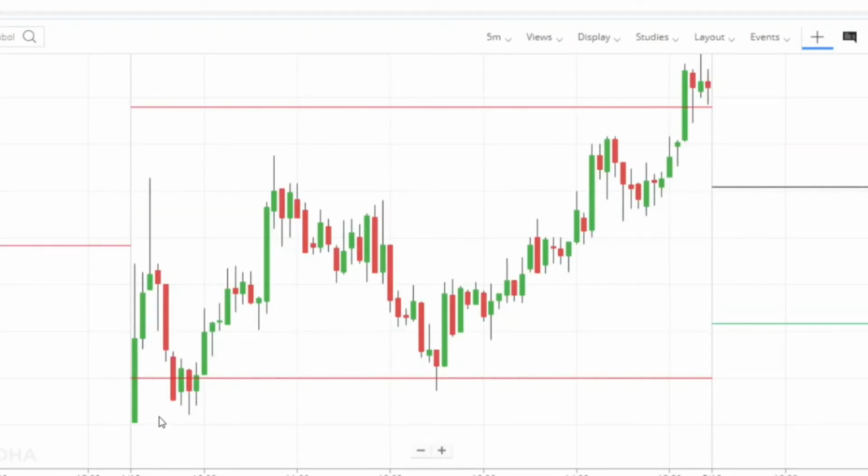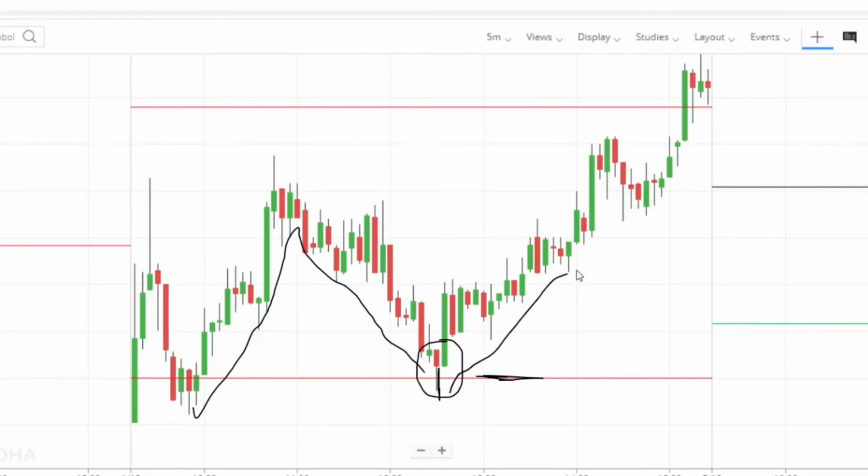In this example, you can see price was trying to make an upside move, and all of a sudden it reversed, and again a pin bar happened here. You can see a pin bar at the resistance line, and you can see it was a red pin bar. You should understand that in a pin bar, you just need to see the strength of the candle rather than colors, because you can see here price tried to go down, but again bulls entered and closed this price at the upside at the resistance point.